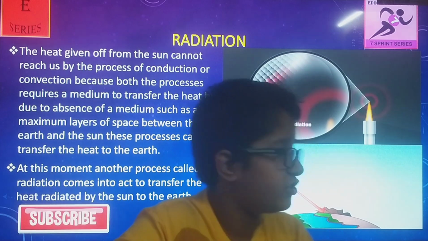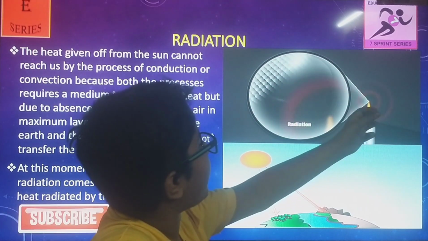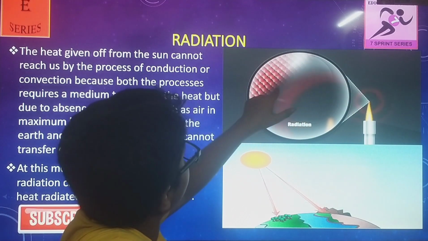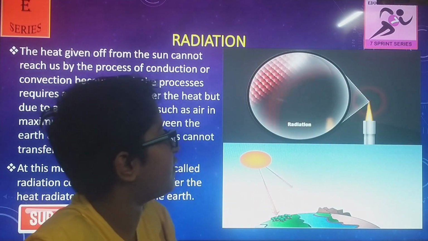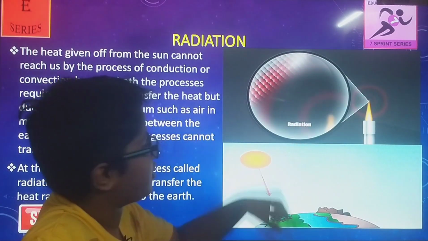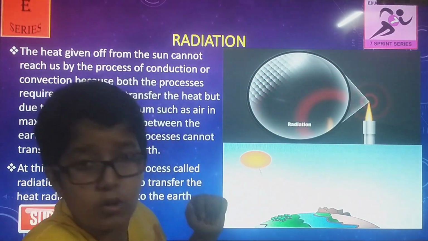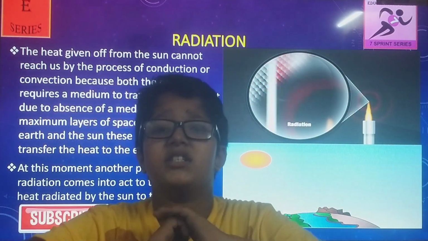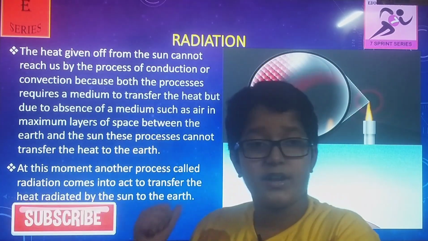Here comes radiation. Now radiation is very important, as you can see in this animation. Heat is given out, and the atoms which were not moving absorb the heat, get excited and start moving. Also you can see that the heat from the sun comes out and heats the earth. Then that radiation goes ahead and reaches some solid part, where it falls